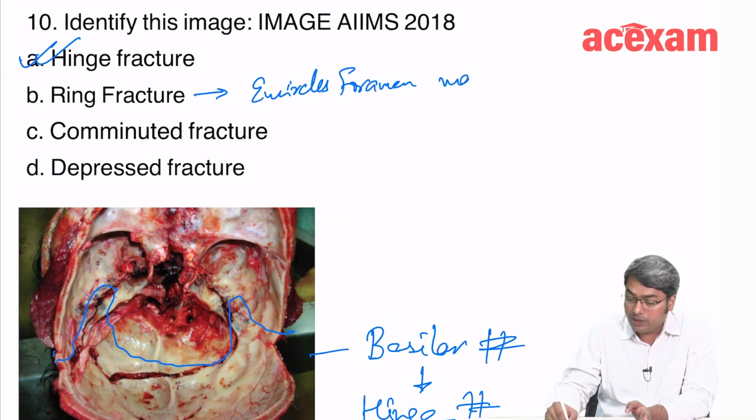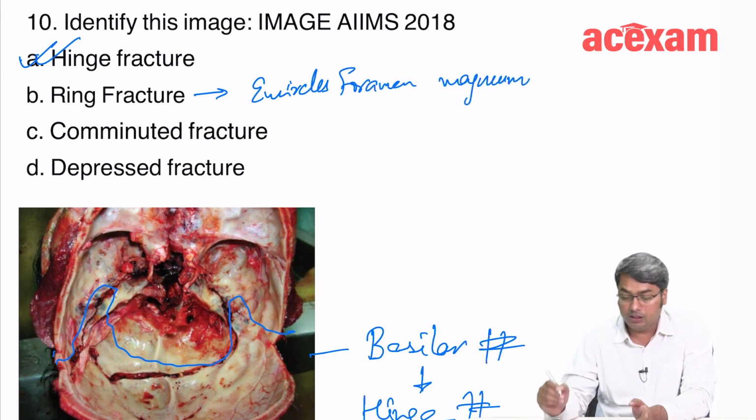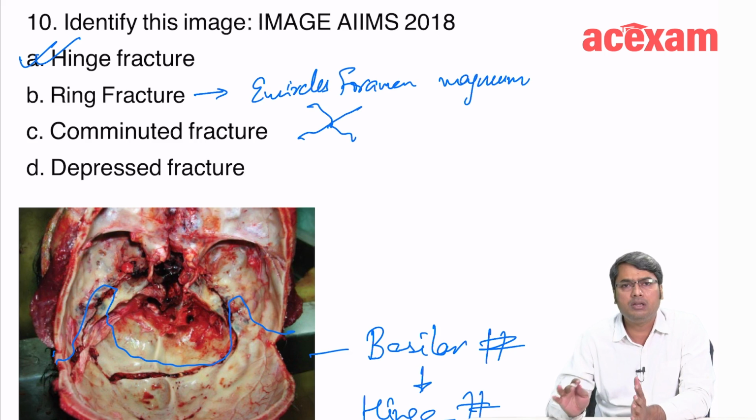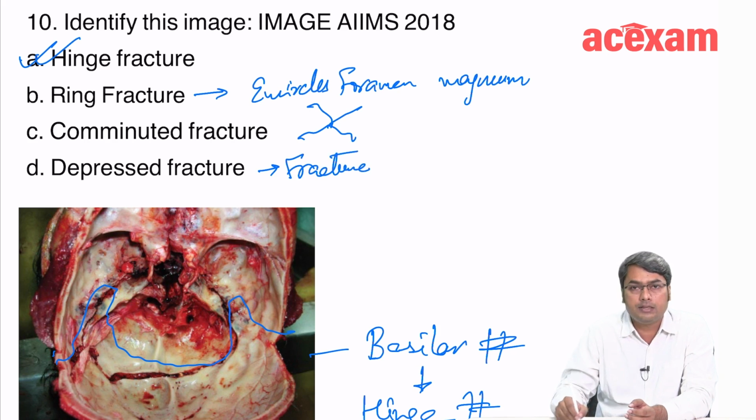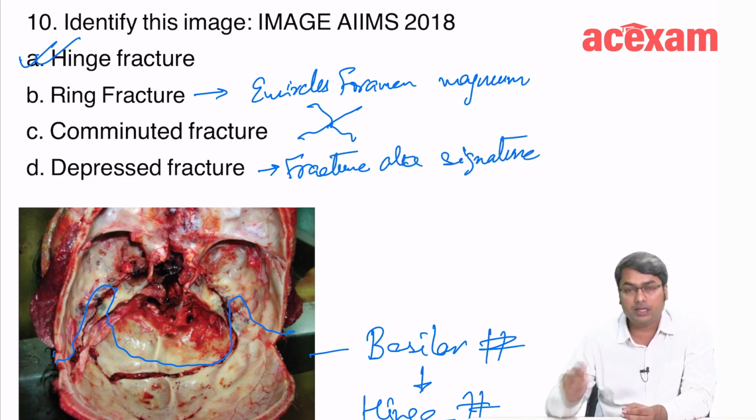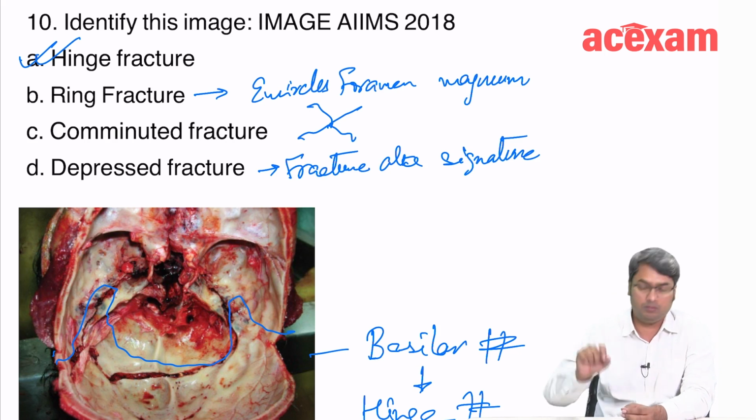If a person falls from height and lands on the foot, then the typical injury which will be produced is ring fracture. Comminuted fracture will appear like a spider web. There will be multiple lines emerging from the same point, and depressed fracture is also known as a fracture a la signature. For example, when the head is hit with a hammer, then the typical injury we see is known